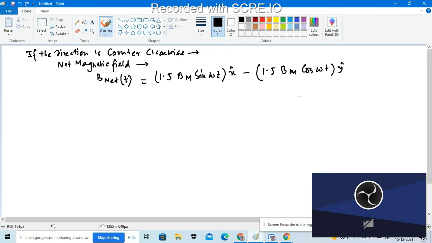Because we are emphasizing the x-axis and the y-axis, right? So if the direction is counterclockwise, and we want to reverse the direction,